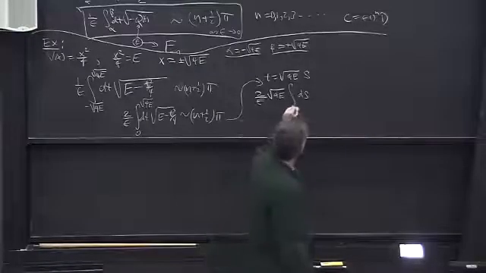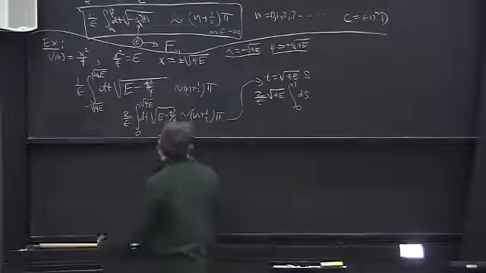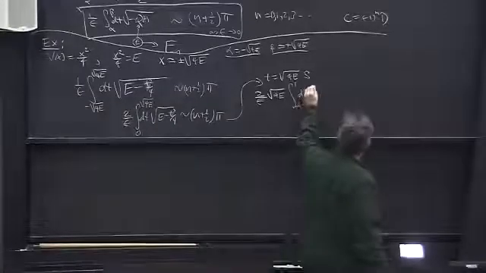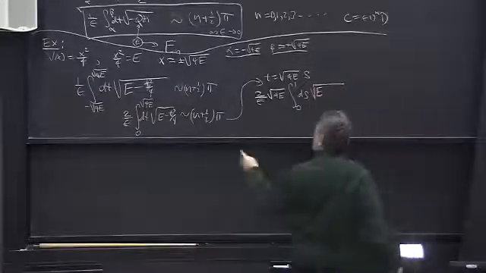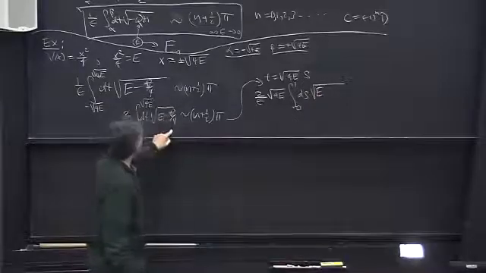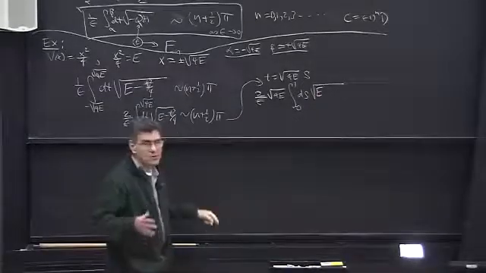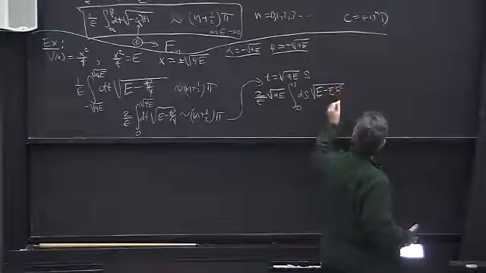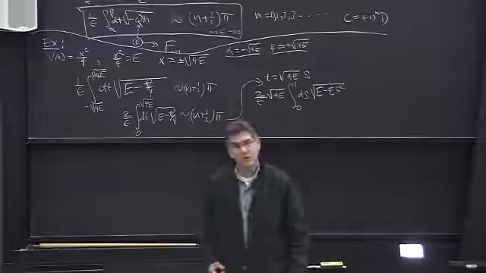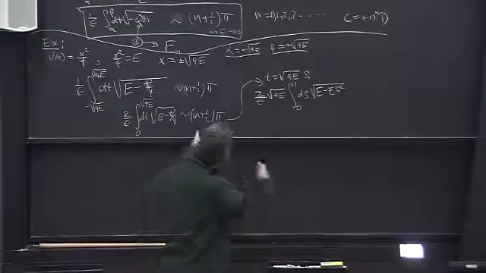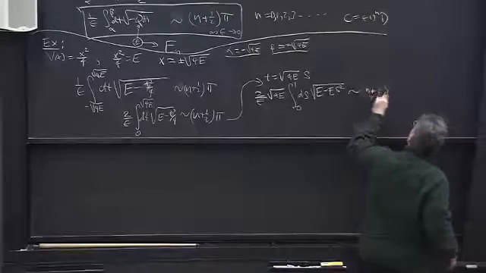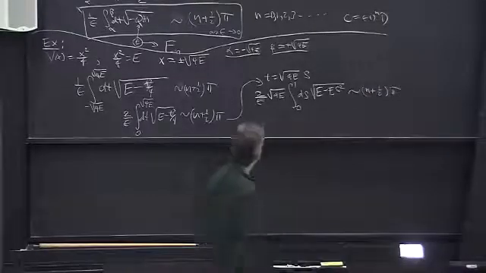And now the integral is going from 0 to 1. That's nice. And inside the square root sign, we have the square root of e here, and t squared over 4 just becomes e times s squared over 4. E times s squared, not over 4, e times s squared, okay, is approximately n plus 1/2 pi,